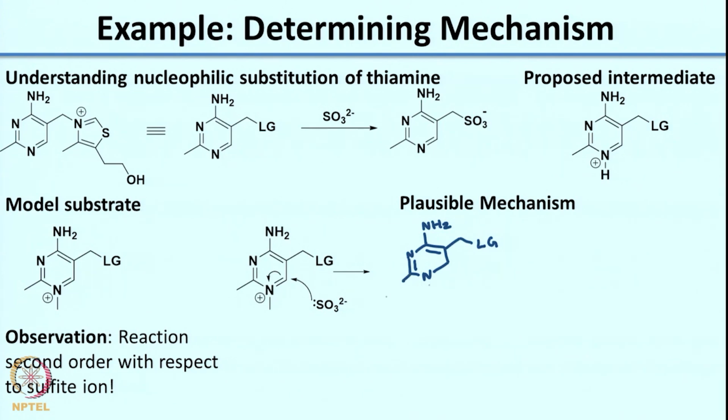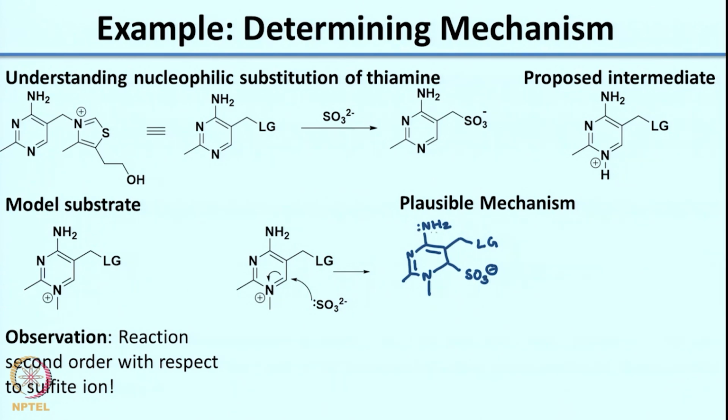So, I am going to first copy that, and by pushing the arrows, what I would get would be, so this would be the first intermediate that I get. As always, I tell you, you should check the net charge. So, in this case the net charge is -1, as is in the case of your model substrate and sulphite. Now, the next step for this reaction would be, because you have a lone pair on the nitrogen, you